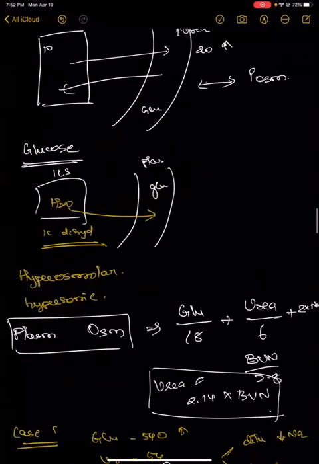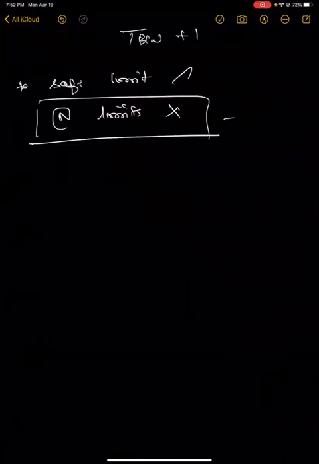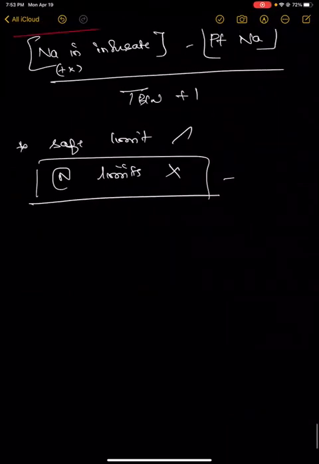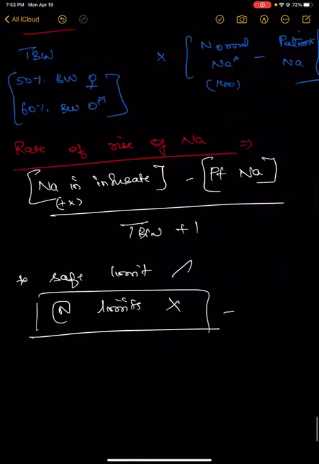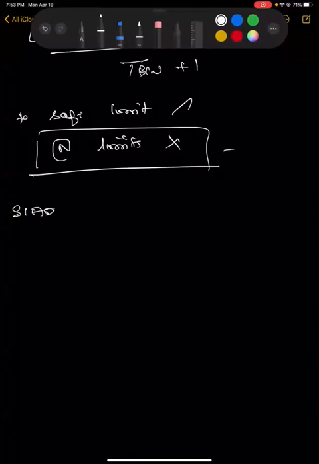Now I'm just going to discuss some remaining parts of the management, and I think with that we can wind up. So now we have corrected the sodium, we have looked into the causes, and whatever could be corrected, we have done that. The next step is we can try a trial of water deprivation. It has not been proven to be a good treatment method, but in certain cases of SIADH, they have said that even before going to pharmacological therapy, it's better to try a water deprivation therapy before going for pharmacotherapy.